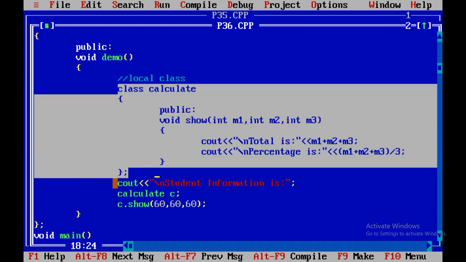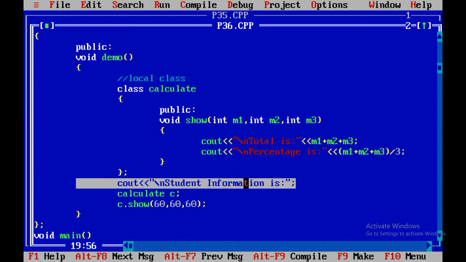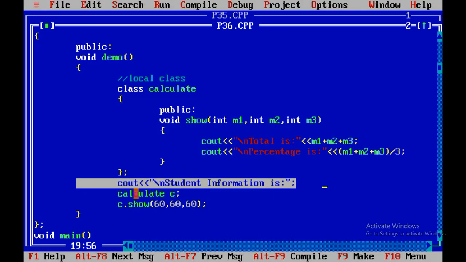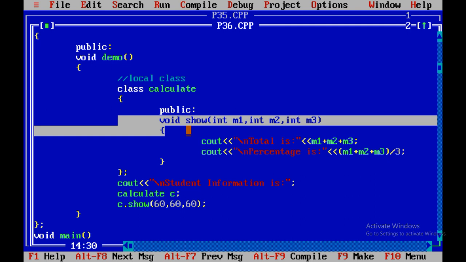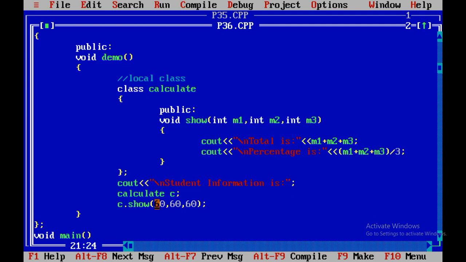So now it is time to print the first statement, student information is, on the screen. Now calculate c. Calculate is a class which is defined inside the demo function. Now c dot show will call the method of the calculate class. We have passed 60, 60 and 60, so all three variables m1, m2 and m3 contain 60 marks.